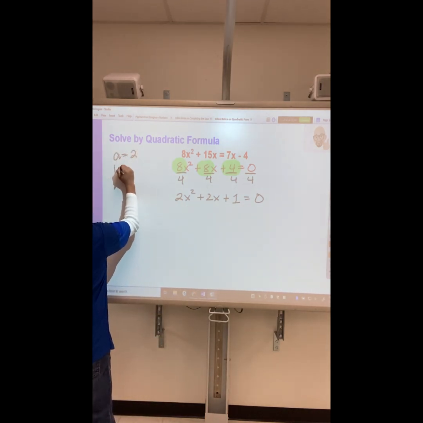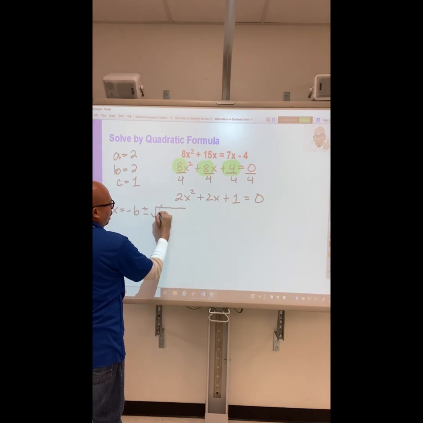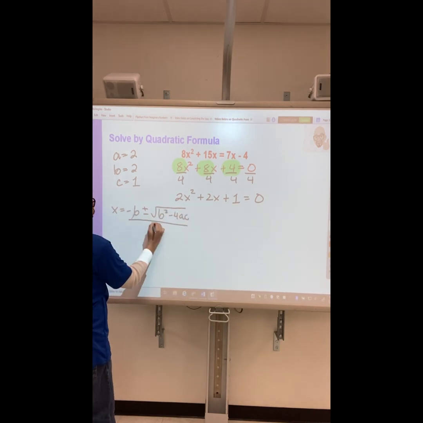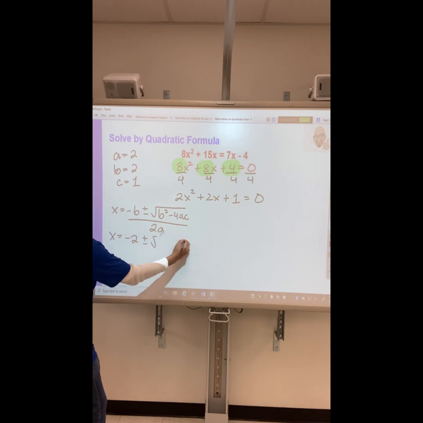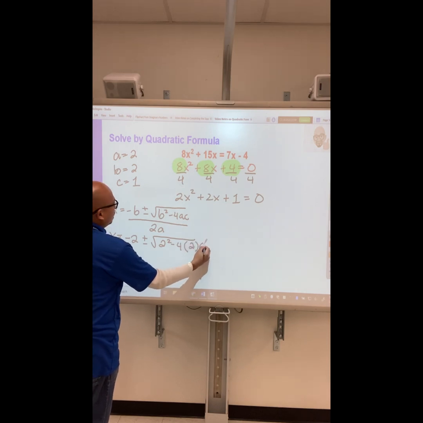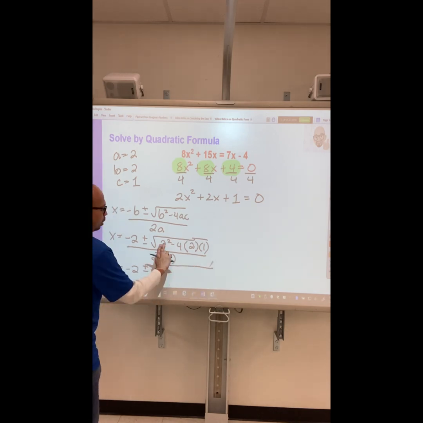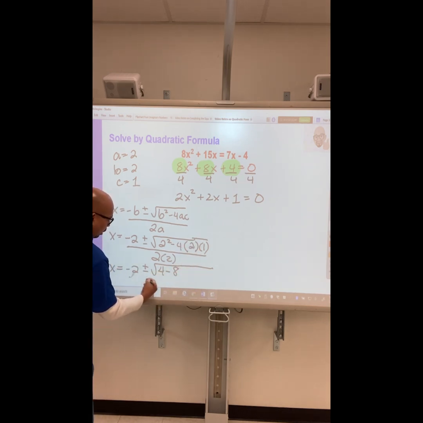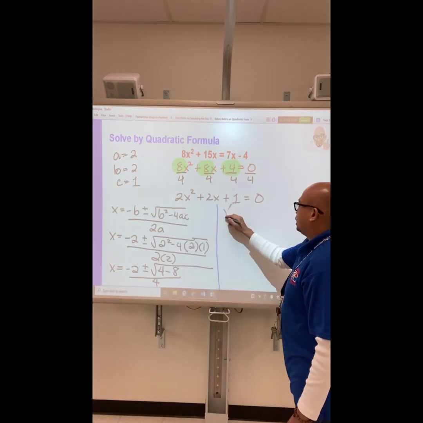a now is equal to 2, b is equal to 2, c is equal to 1. x is equal to negative b plus or minus the square root of b squared minus 4ac all over 2a. x is equal to negative 2 plus or minus the square root of 2 squared minus 4, a is 2, c is 1, all over 2 times 2. x is equal to negative 2 plus or minus the square root of 4 minus 4 times 2 times 1, that will give me an 8 over 4. 4 minus 8 will give us